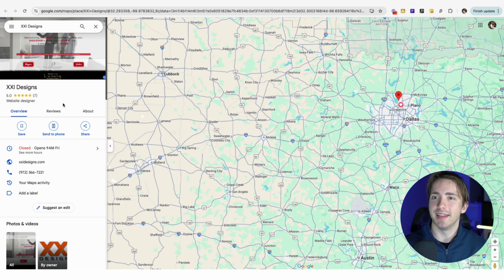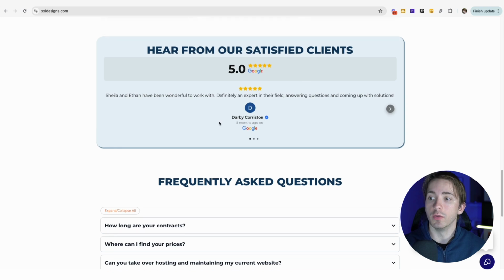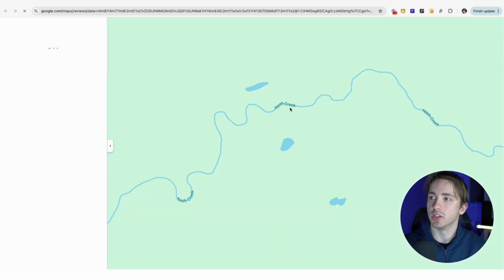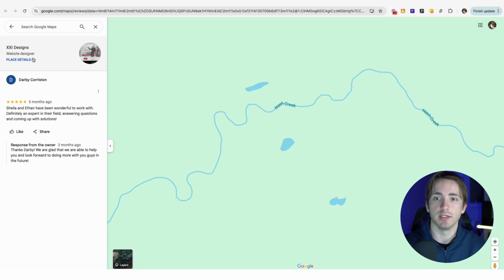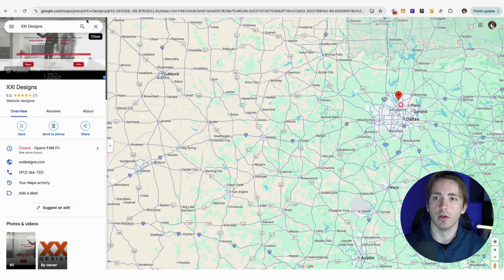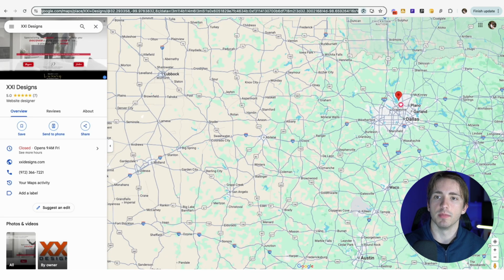Now, before I let you go, I want to let you know that if you're struggling to find that Google Maps URL, you can find it in a couple of different places. One place is if you go to any of your reviews. For example, if you have a Google reviews widget, you can go ahead and click it just like that. That's one of the fastest ways to get it. And then you can click place details, and then you'll see this link right here. It should look something like